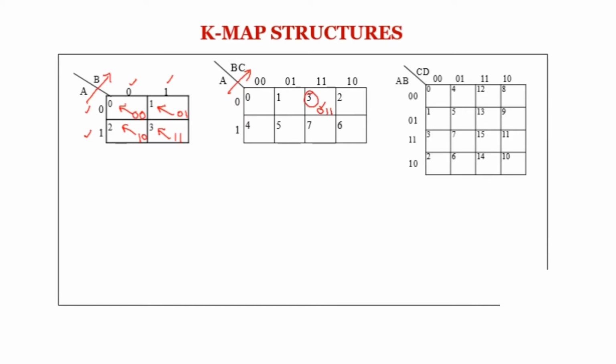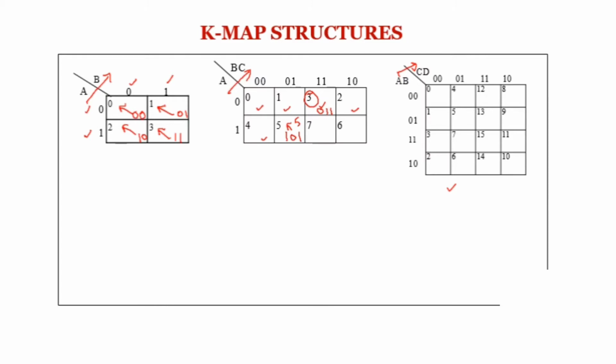Similarly you can check the other values. Here A is having value 1 and from the column I am having 01. So this 101 becomes 5. So this is how these cells are labeled. Similarly for this 4 variable A, B, C and D. And to simply remember, you can just write the counting here 0, 1. It was expected to be 2 if it was binary counting, but I have placed 3 here and 2 here. That means I have swapped the third and fourth entries. Similarly here 4, 5, 7 and 6, that means third and fourth entries are again swapped.